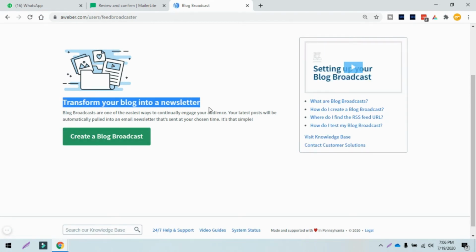So basically what it does is it automatically broadcasts new newsletters or new blog posts to your blog audience. So it is just like set and forget. It will always send them the newsletter into their inbox using the blog broadcast feature. Not all the email tools have this particular feature, and I really love Aweber for introducing this one.